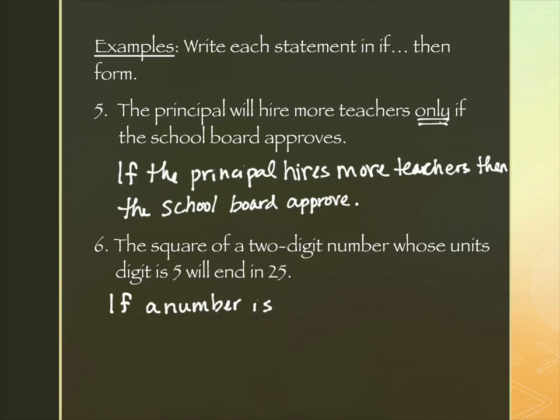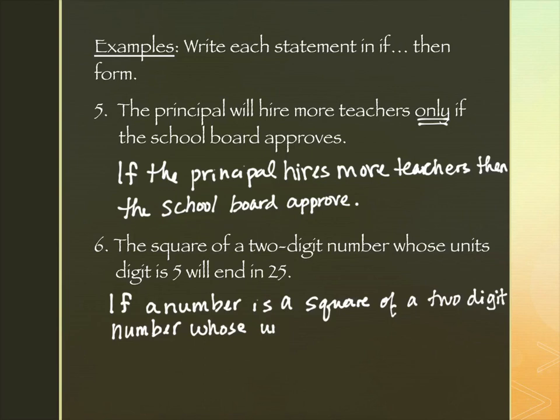If the number is a square of a two-digit number whose units digit is 5, then it will